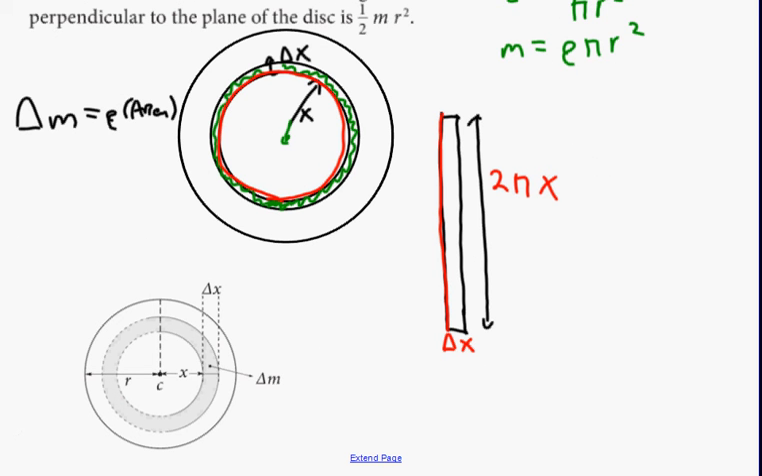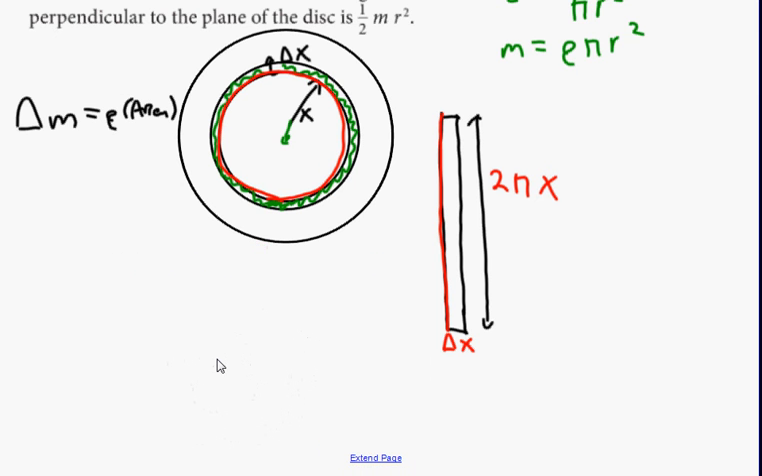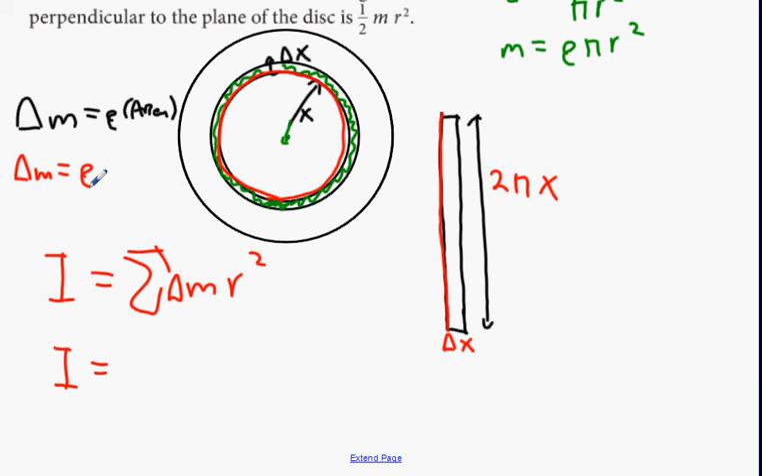Now, what do we always start off with at this stage? You write down your definition of I. What is I? I equals the sum of m r squared, and therefore I equals the sum of delta m r squared. Delta m is therefore rho times area. What did we say area was again? 2 pi x delta x. So that delta m in turn is going to be